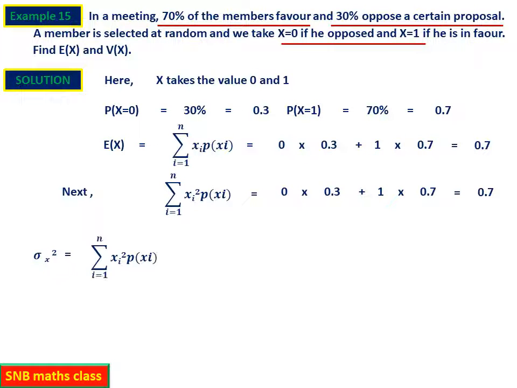Now we have to calculate the standard deviation, variance first. So it is sigma xi square into p of xi minus the square of the mean. Apply the formula. The first value is 0.7, minus the second value, which is also the same, 0.7 square. So this will be equal to 0.21 after simplification, that is 0.7 square is 0.49. So 0.70 minus 0.49 is 21, that is 0.21. So this is the value, and standard deviation is not asked. So these are the two values. Let us proceed.